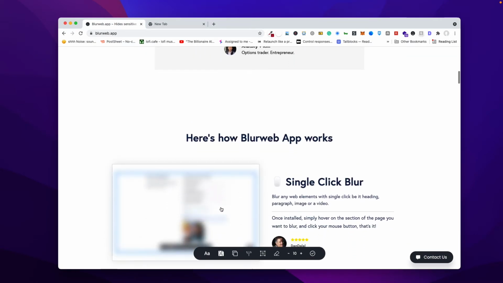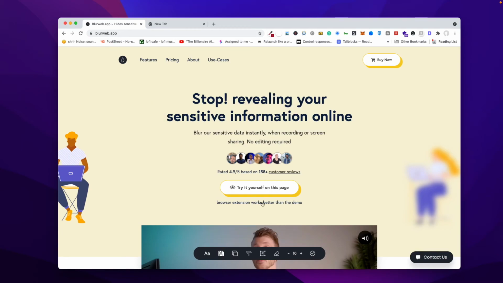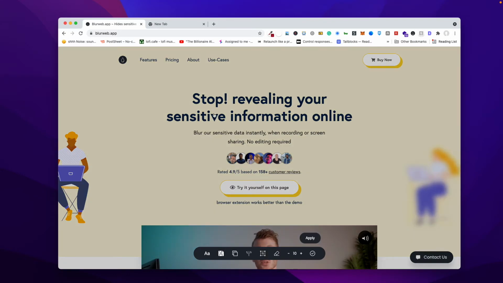Just a single click, and if you don't like it and want to unhide it, just click on it again and the blur will be removed. Another option this extension has is the blur area feature, which is one of my favorites. You can select any part of any place. You don't have to be limited to the elements on the web page. You can just hide something. Let's say I wanted to hide only the face of this person, so I'm just going to scale down and I have hidden the face.